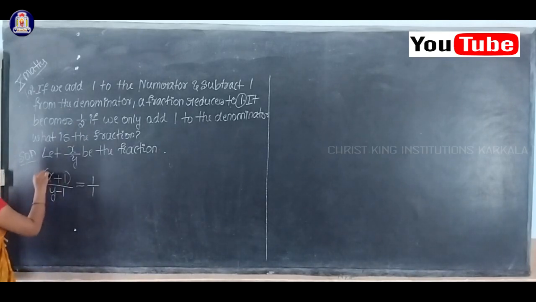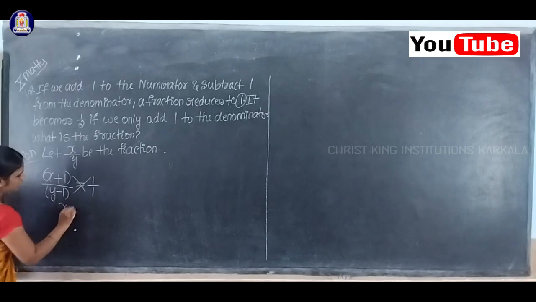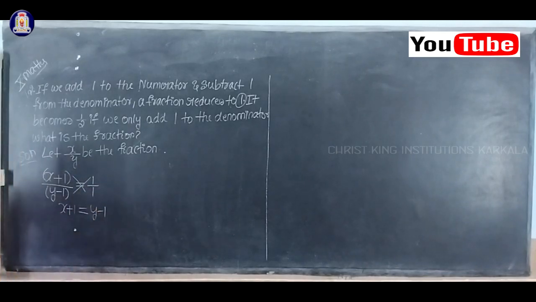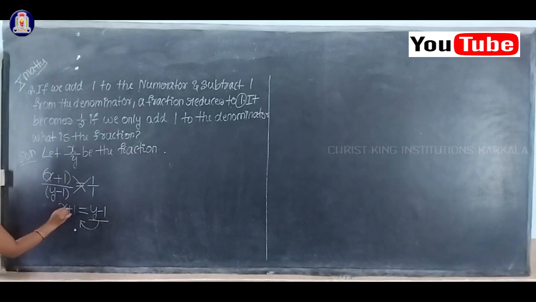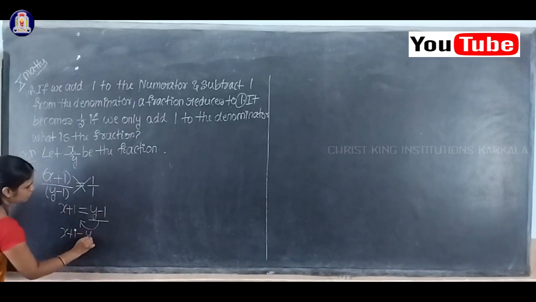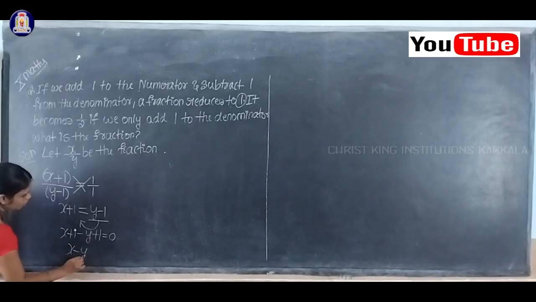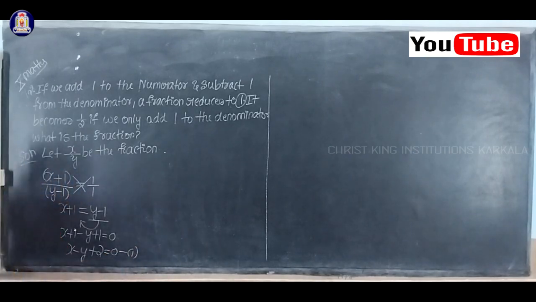Yes, okay. So now do the cross multiplication. 1 into x plus 1 is nothing but x plus 1 itself. Next 1 into y minus 1 is nothing but y minus 1. Okay. So now shift this right hand side term to the left hand side. This x plus 1 is already on the left hand side. While this y comes to the left hand side, it will become minus y. While this minus 1 comes to the left hand side, it will become plus 1. Okay. So now form the equation: x minus y plus 1 equal to 2. So I'll consider it as equation number 1.